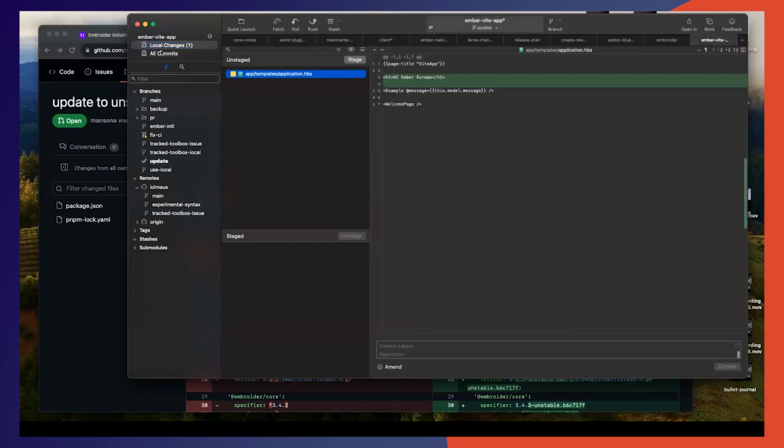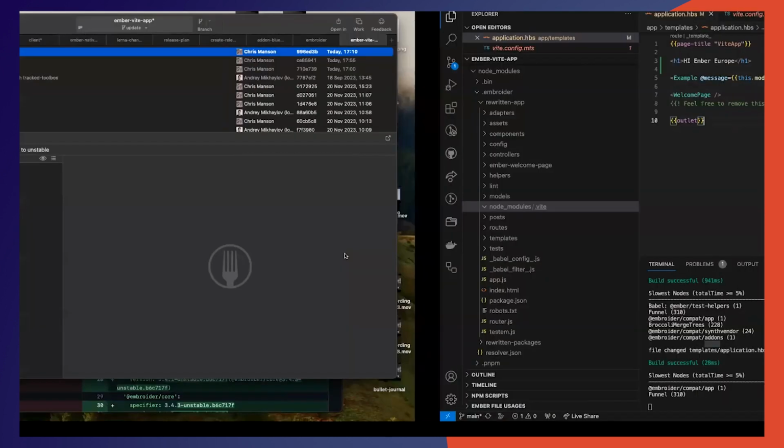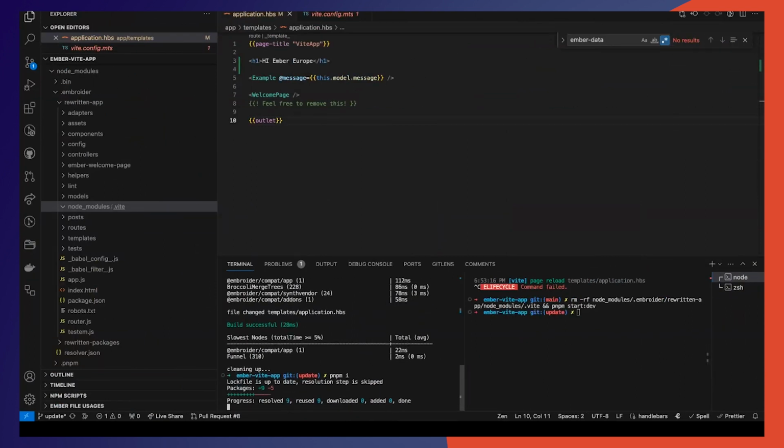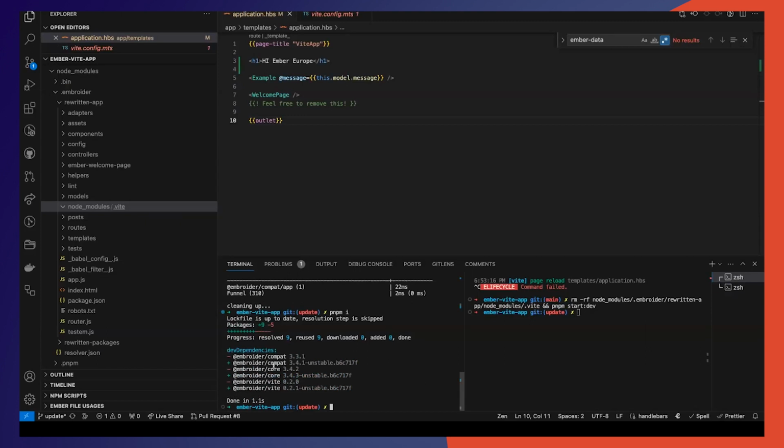I have a local change. What's that local change? My hello Ember Europe. Let's close everything. pnpm i. So we're swapping from stable to unstable Embroider. And then we're going to go pnpm